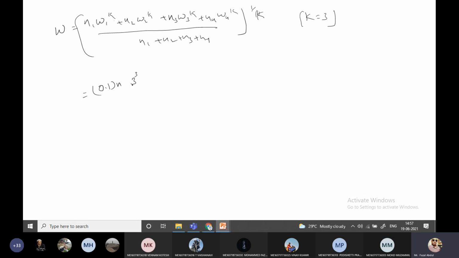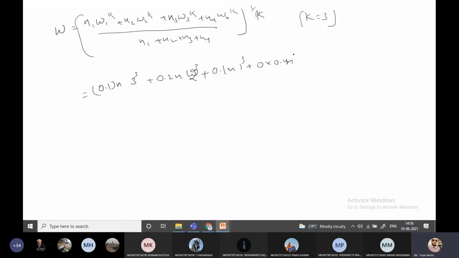So W1 is 3 power 3. N2 is 0.2 number of revolutions, and W2 is 2 kilonewtons. So that is 2 power 3, plus 0.1 number of revolutions for 1 kilonewton load, and 0 into 0.4